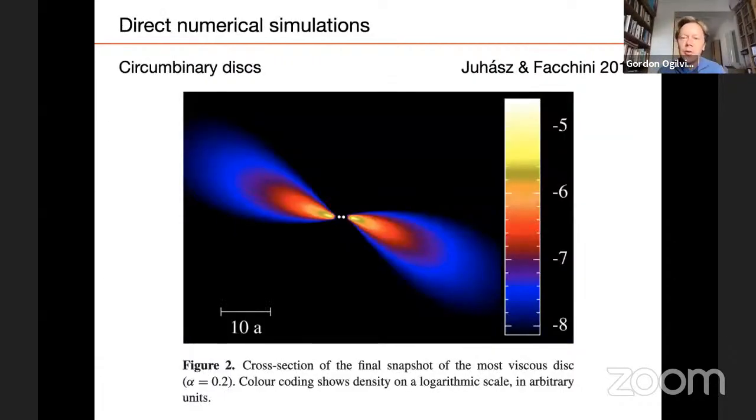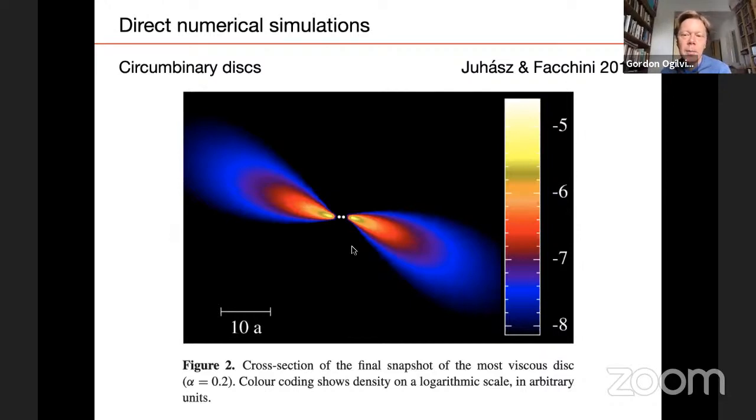Okay, now there's been a good amount of work using numerical simulations, much of it using the SPH method. So here, for example, is a simulation using the SPH method of a tilted disk around a binary star or binary system. So the disk is initially tilted at some angle with respect to the plane of the binary orbit. And in this case, it develops a smooth warp connecting the orientation at large distance, and then it lines up with the binary orbit at smaller radius.